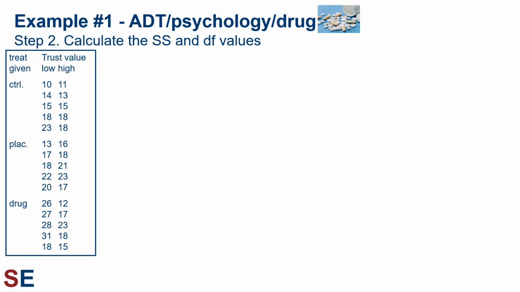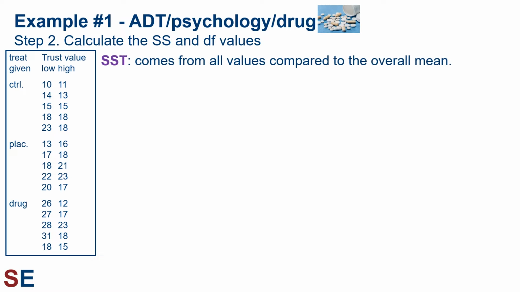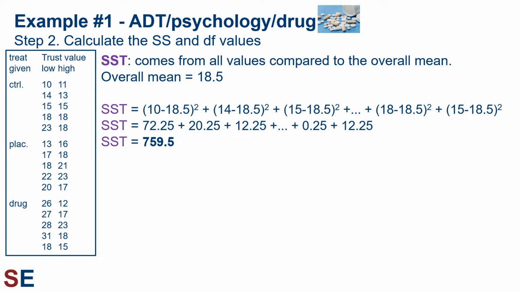Step 2 of our 2-factor ANOVA is to calculate the sums of squares and degrees of freedom values. First up is the sum of squares total. The SST comes from all the values compared to the overall mean. The first step is to look at all 30 values in our data table and calculate the mean, which is 18.5. Once we have this, then the overall SST will use each of the values in the table,